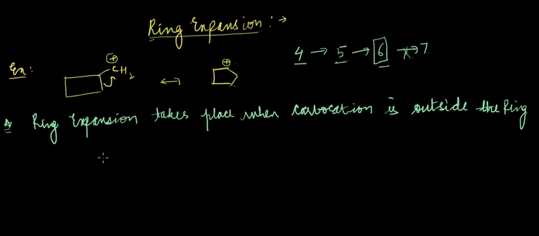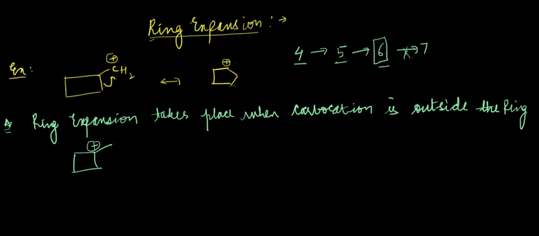So what I mean by this is, actually if we have something like this, then in this case no expansion won't take place. We have to have the carbocation outside the ring. Okay,